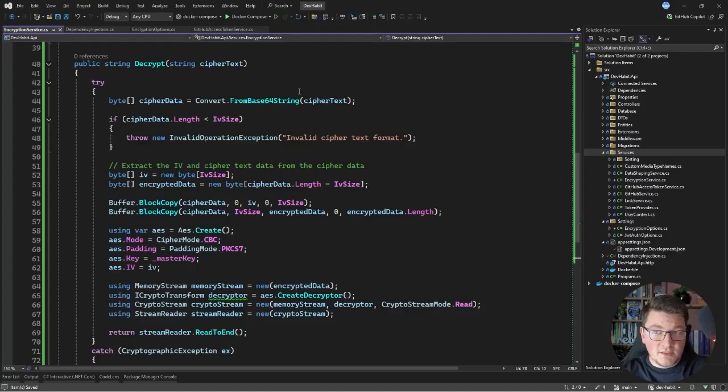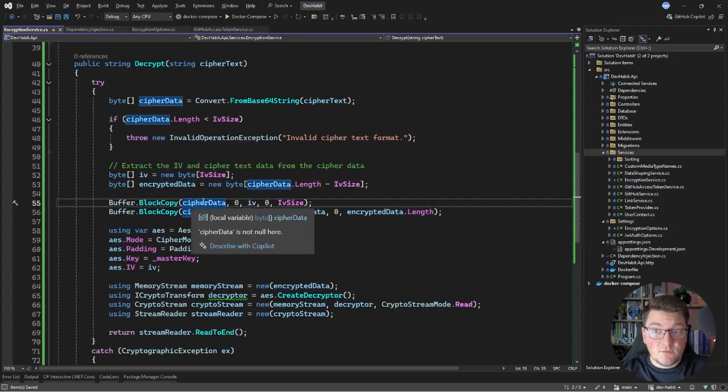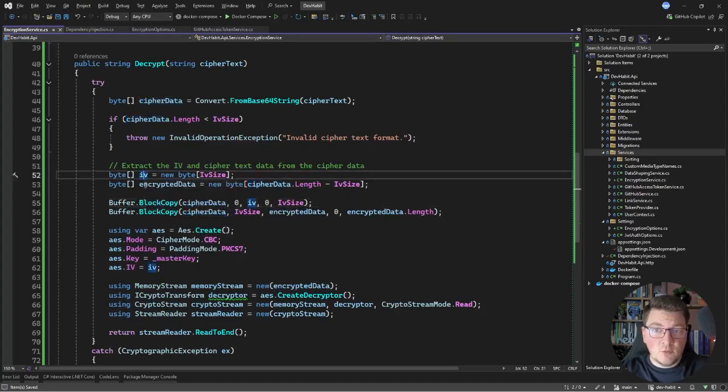So I'm first base 64 decoding my ciphertext to get back an array which contains my initialization vector and the encrypted value. The IV is an array of 16 bytes, and then anything that is left over represents our encrypted data. I can copy these values from the cipher data array into my two arrays representing the IV and the encrypted data. Then I'm going to initialize a new AES instance, set the cipher mode, set the padding mode, the